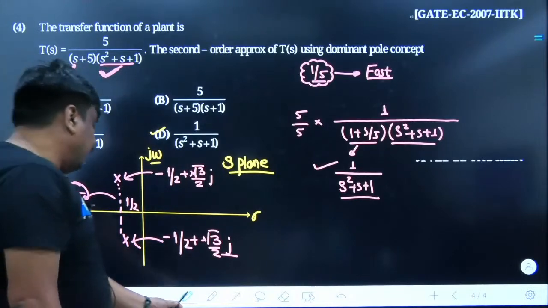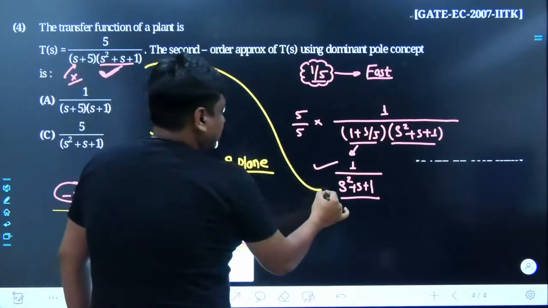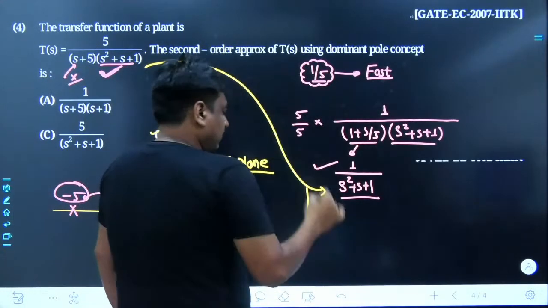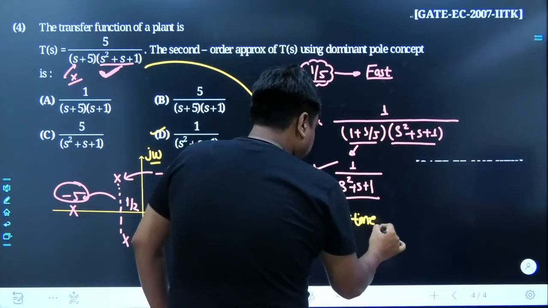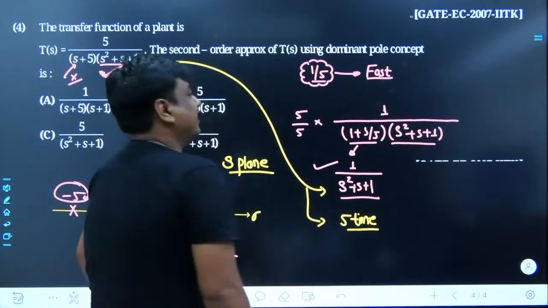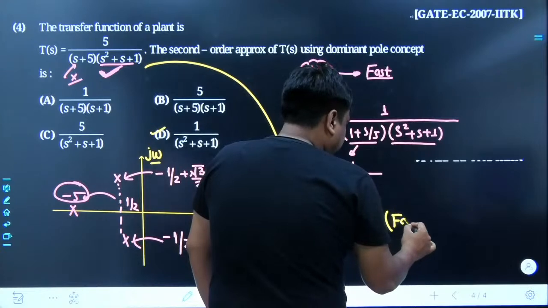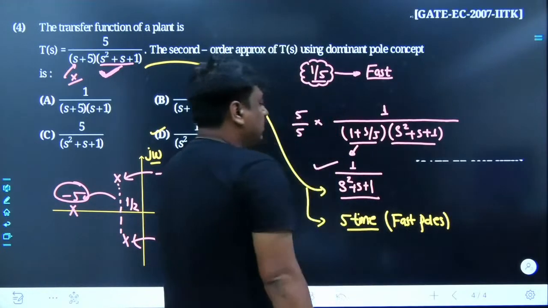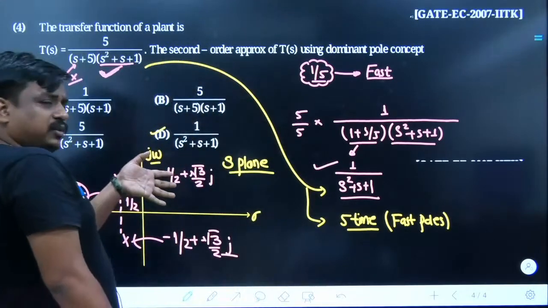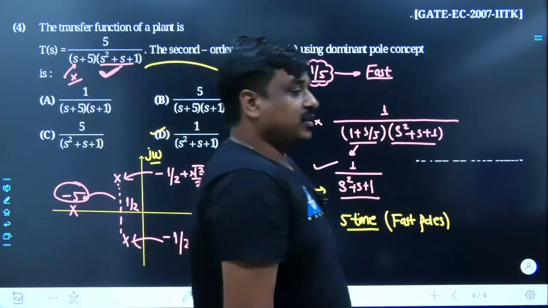So what I'm saying, while you approximate or while you use the dominant pole approximation, a few other things have to be in your mind. The first thing, there must be at least a substantial difference between the locations of the poles which exist. The fast pole can be dropped, fast poles can be dropped, or the fast time constant, the one whose value is lesser, or the pole which is far to the left hand side of the S plane can be dropped. Could you understand what I am saying?